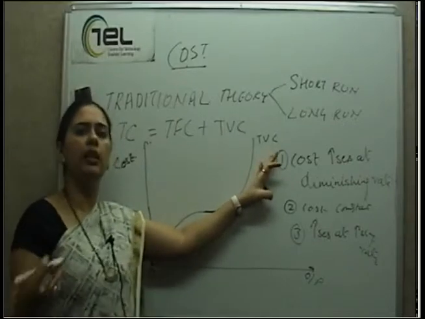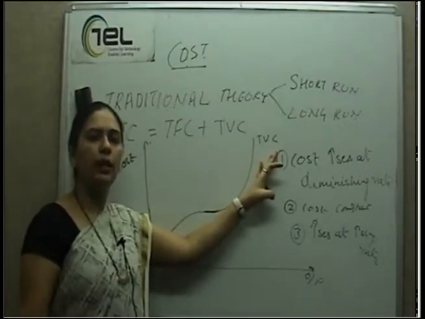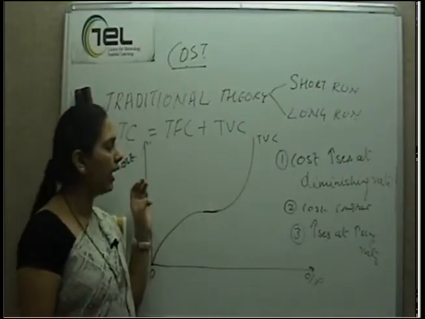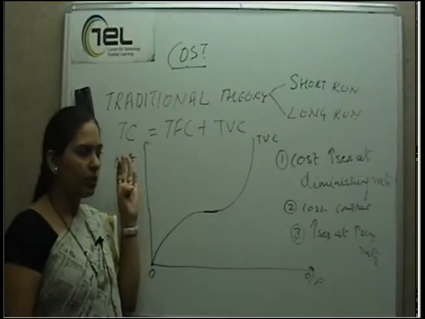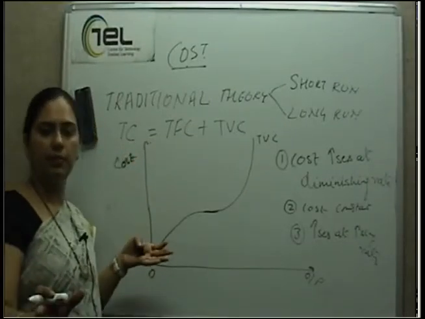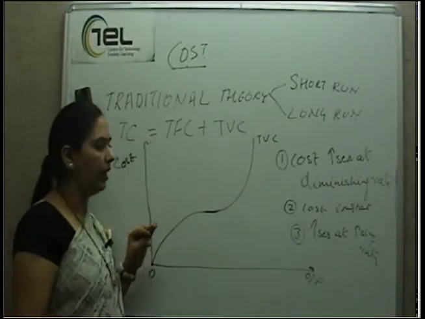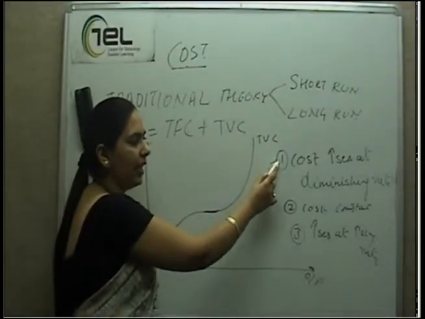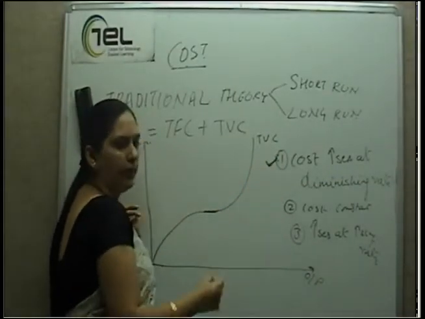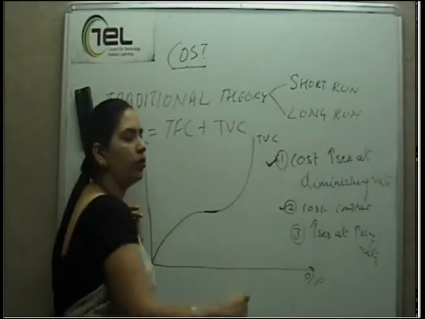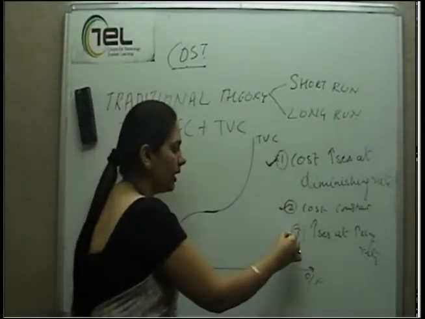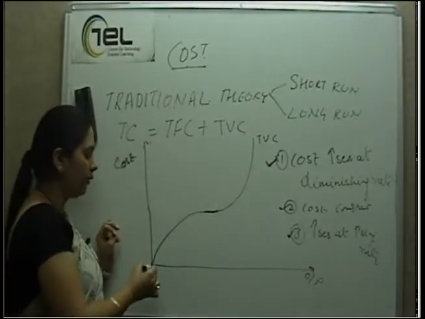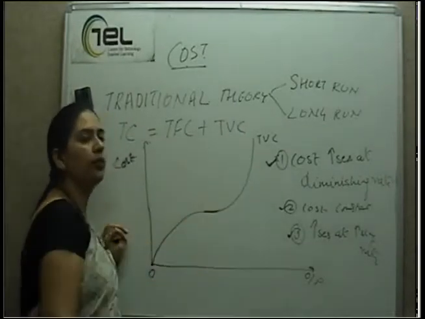put in too many employees in a particular project. Too many employees means that there is not too much result or output which we are showing, rather we are increasing our variable cost. This is known as the law of diminishing returns, which we refer to in economics. So first cost increasing at diminishing rate, maybe due to economies of scale, second cost coming to a level of constancy, third cost increasing at an increasing rate due to the law of diminishing returns, results in a graph which is an inverse S-shaped curve for TVC.